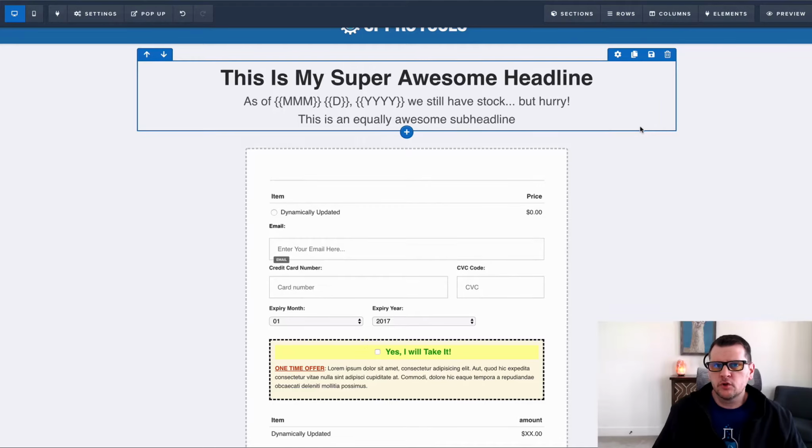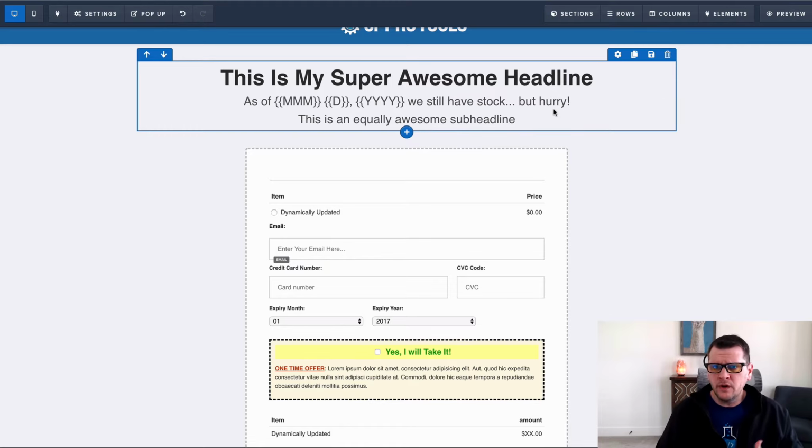I want to show you a quick demonstration of what the Date Replace Pro add-on does and how you might use it. So we're on an order form here, and one thing that is fairly common is we know that we want to put in urgency and scarcity into our offers. When we've got orders, could be for registration forms, could be for order forms, could be for all kinds of